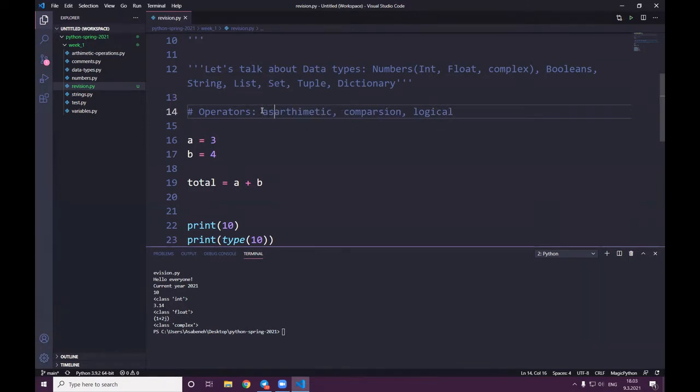Assignment operators. Yeah, so this is an assignment operator. So we're assigning 3 to a, 4 to b, and now we add these two together and assign it to total. And if you print this, you should get